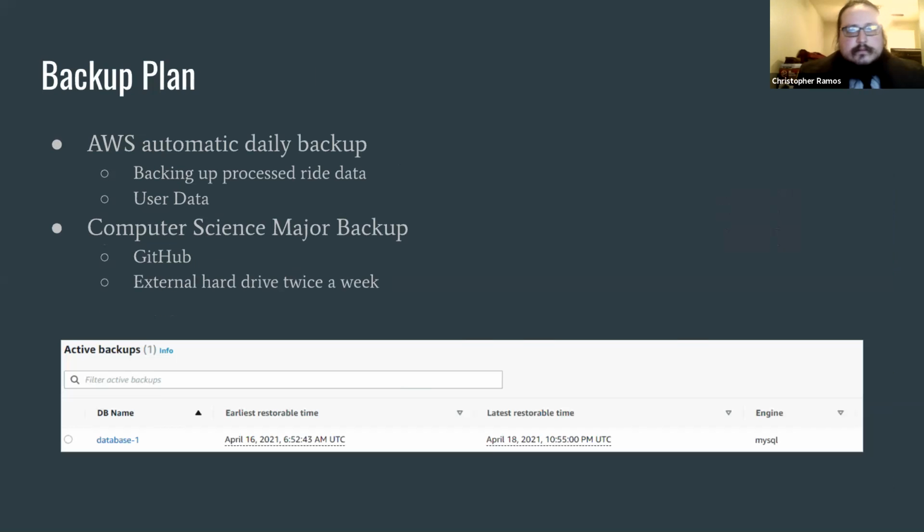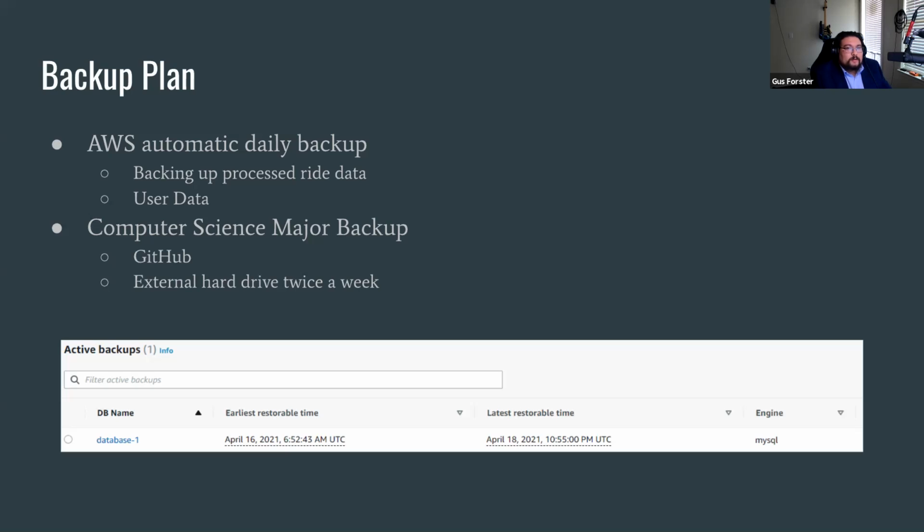Thank you, Christopher. My name is Gus Forster. I'm the other IT person for this group. So, like Christopher said before, we are using AWS, and AWS comes with its automatic backups that we can configure to the time that we want it to and how often. So we're setting ours up for having daily backups for all our user data, and then on our CS majors, their code that they're using to actually have the app talk to our database to and from, we're using GitHub,